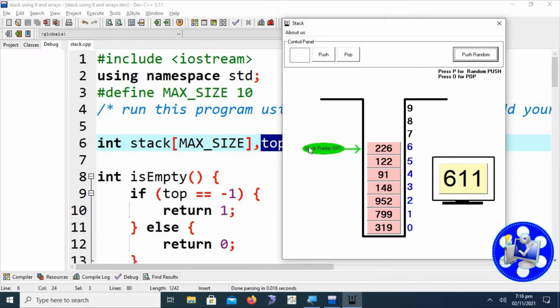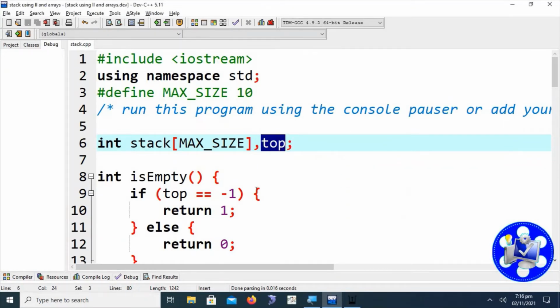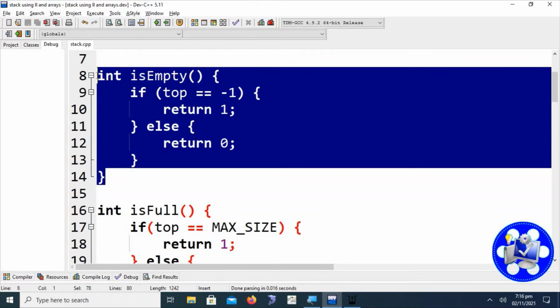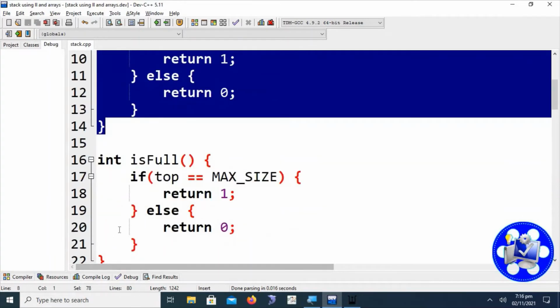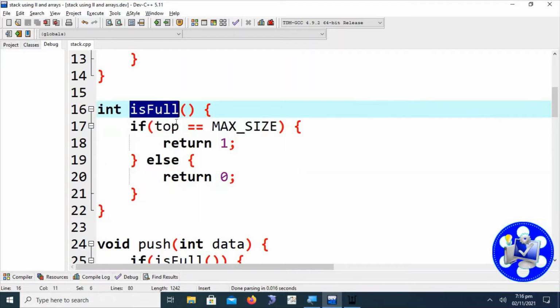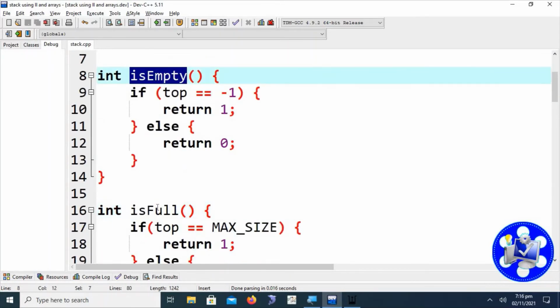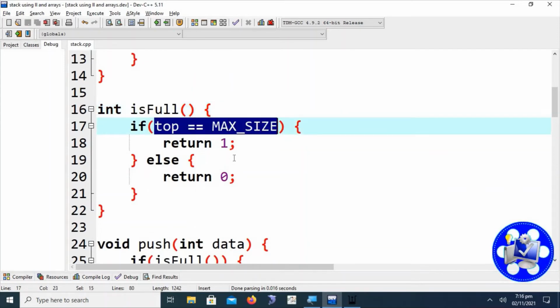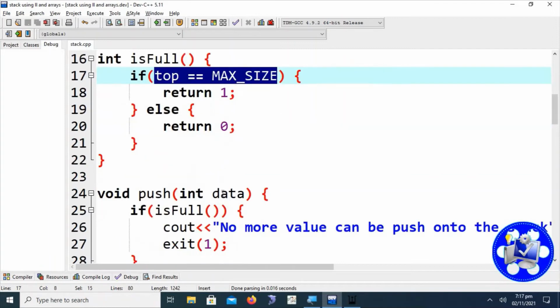This is the stack pointer that will track the top position of the stack. These are the two optional functions that we have defined for our ease in push and pop operation, that tell us whether the stack is empty or full. These are simple relational expressions that evaluate the stack full or stack empty position.